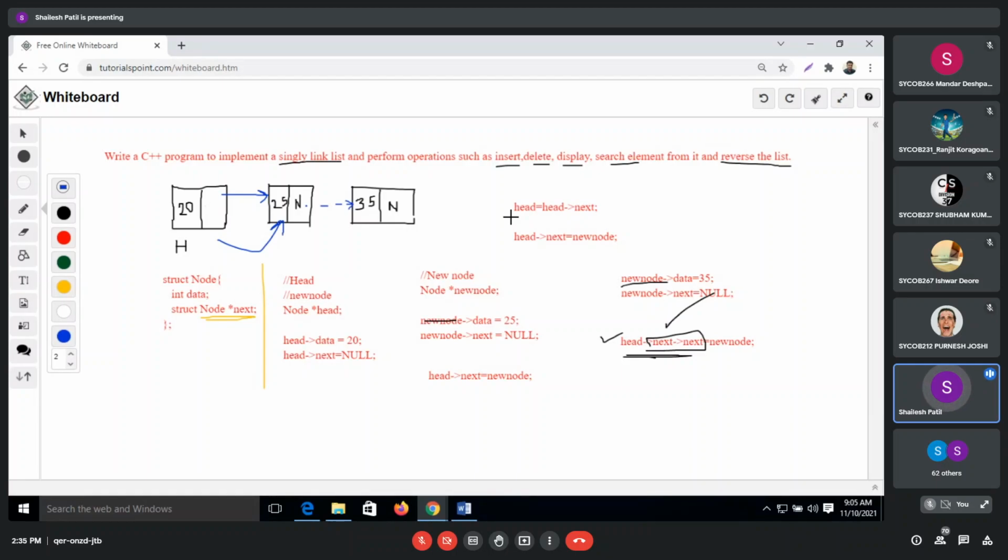Suppose I am in a train. Suppose we have to create a small train, and there will be only one entry, a head entry. I have one compartment added. So how can I add the next compartment? I will add it like this. I will link it to this. Okay, wait a minute.